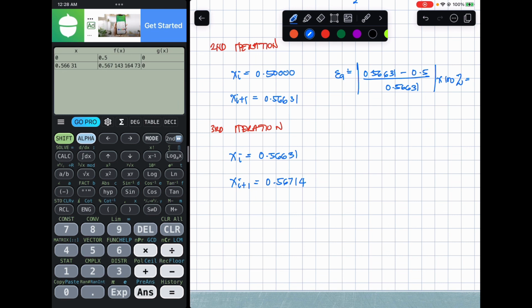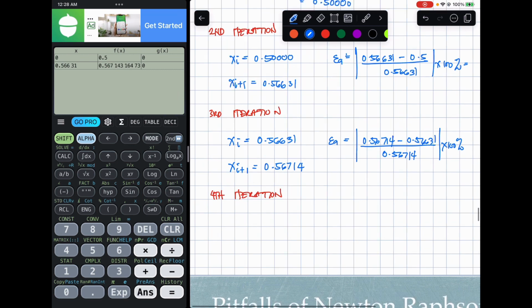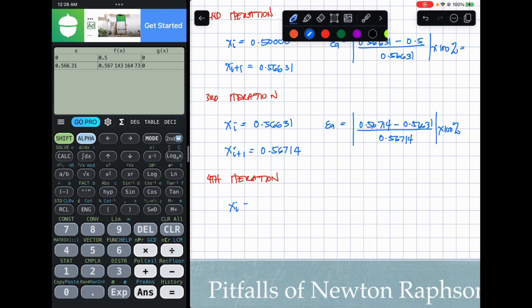And then for our fourth iteration, our EA here will be 0.56714 minus 0.56631 over 0.56714. So for our fourth iteration, x sub i is 0.56714, and our x sub i plus 1 will be